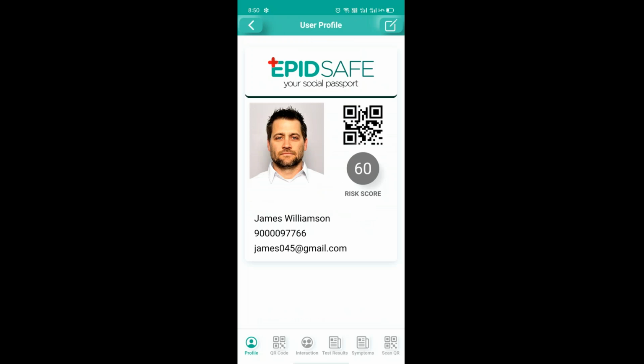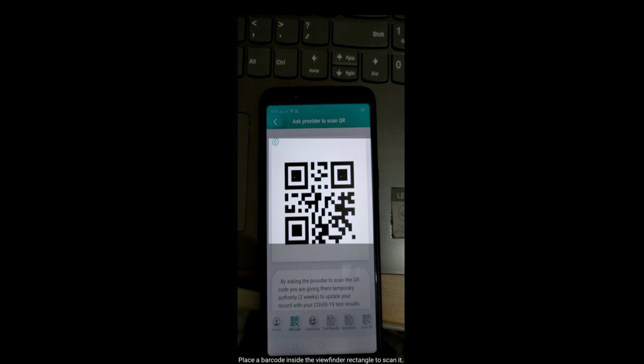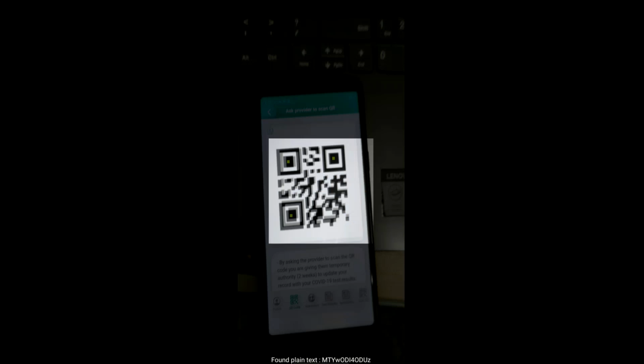So this is all self-reporting at this point, from a user's perspective, is what we have. So this is basically what it is. So you can scan another person. So we kind of covered that, scan QR code. So everyone has a QR code, which is our open QR code. You can go ahead and scan that.